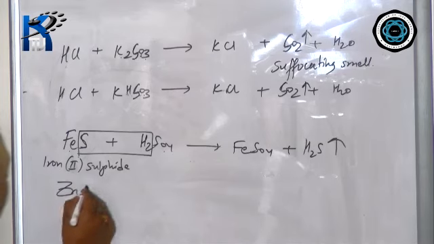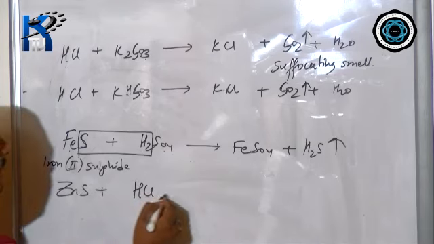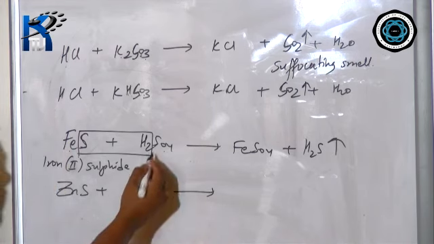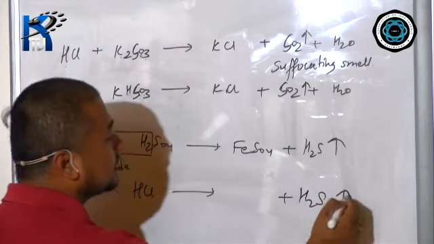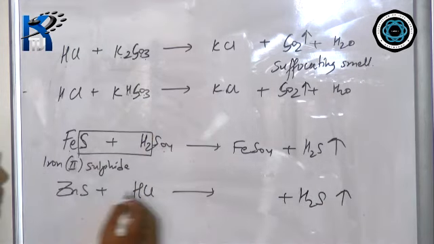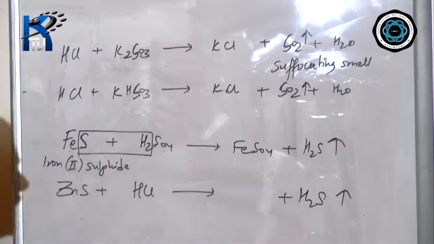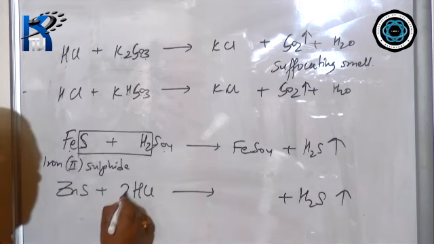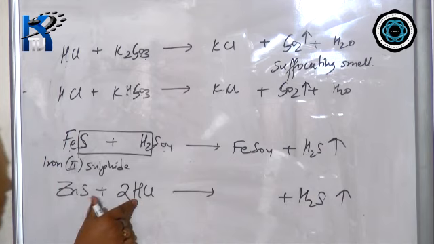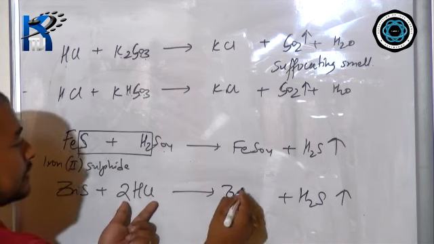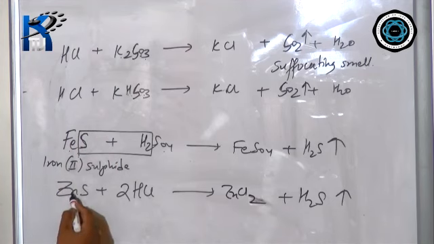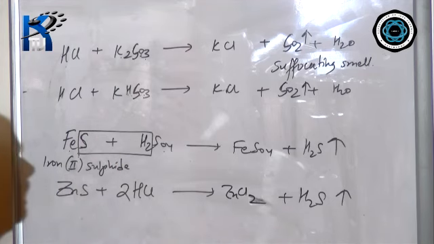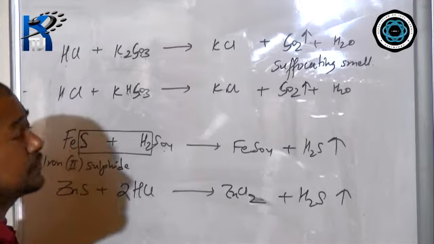Another example, this is again zinc sulfide. I am reacting with HCl, hydrochloric acid. I'm just replacing another acid here. So again, when these two react, we get hydrogen sulfide gas, which has a rotten egg smell, because any metal sulfide will give you the rotten egg smell of hydrogen sulfide gas. Now to balance, here is 2H, so put 2H here, so it became H2S, H2S balanced. Now what is left here? Zn, zinc is left, and how many chlorine are left? 2. So you get zinc chloride. So do remember, any metal sulfide reacts with acid to liberate hydrogen sulfide gas, which has a rotten egg smell.